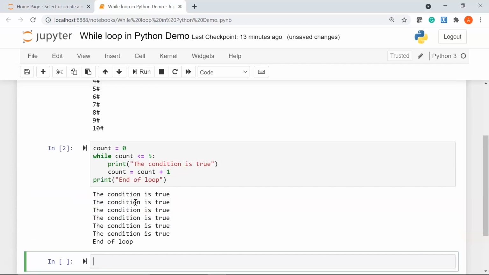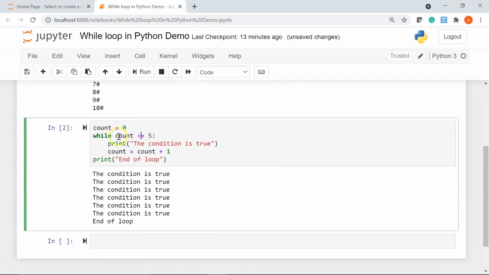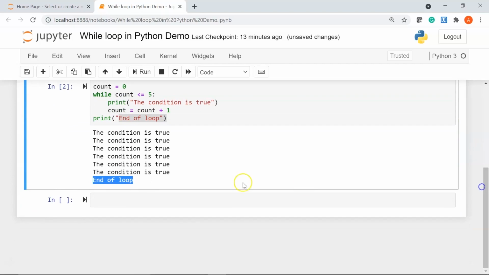Let's run and see our result. You can see here we have printed our message. The condition is true 5 times because our expression is being evaluated 5 times here. The 6th time, our count is no more less than or equal to 5, so we end the loop. And here you can see the message "end of loop". Cool. Now moving ahead,